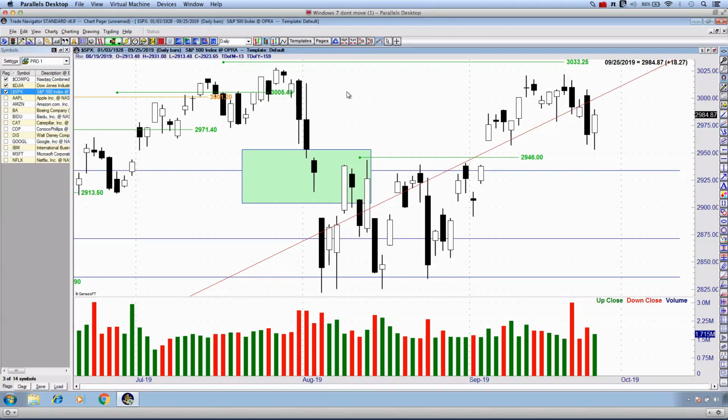So again, I wouldn't be jumping aggressively, so to speak, into market positions at the moment. You can, of course, do whatever you choose to do. However, I do believe still that we are going to see lower prices. It is going to be very much so short term before we see these markets actively bounce